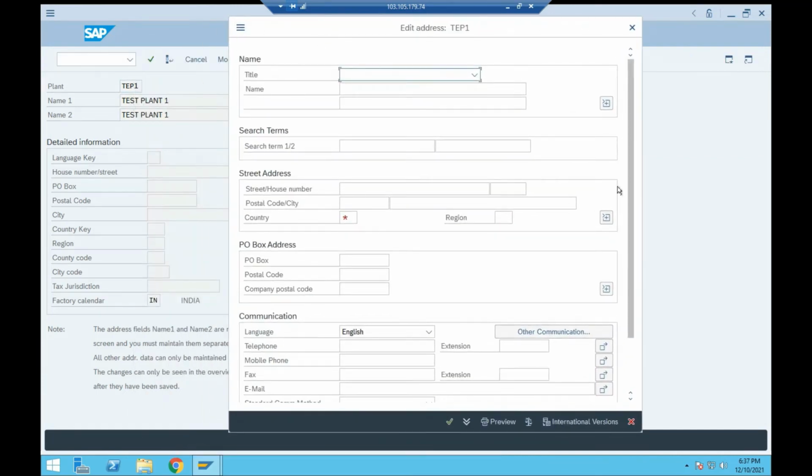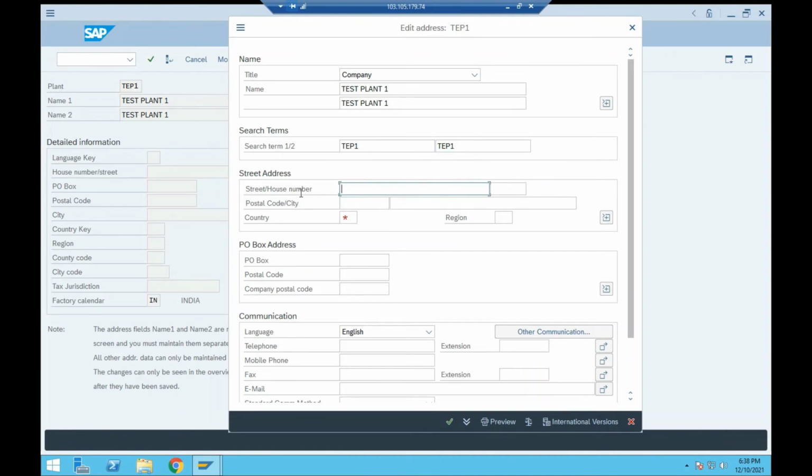On this screen, the enter button does not work, so we need to click on the save button. After clicking the save button, another window pops up where you can enter the communication details and the address details of the company. All these details are stored in the database. These details are predefined and given according to the business requirement.